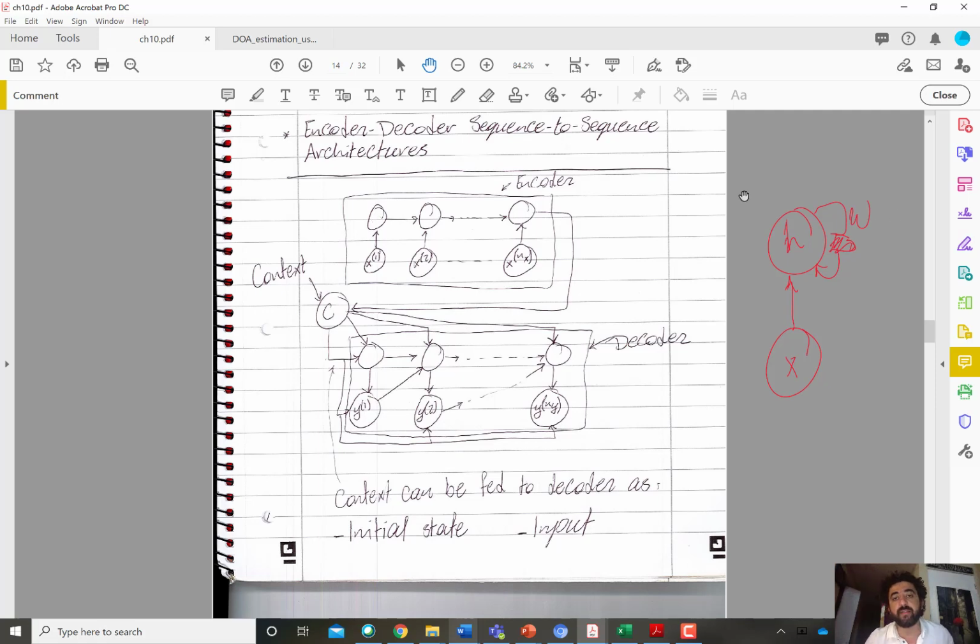And there is no output in all the encoder steps. At the end, you output what's called the context. So you output only one output vector that could have an arbitrary length. It doesn't have to be the same as the length of the input vector X. And then the context is input to the decoder. The context can be fed to the decoder as an initial state,